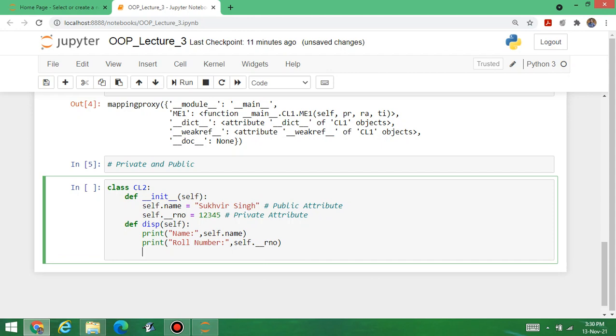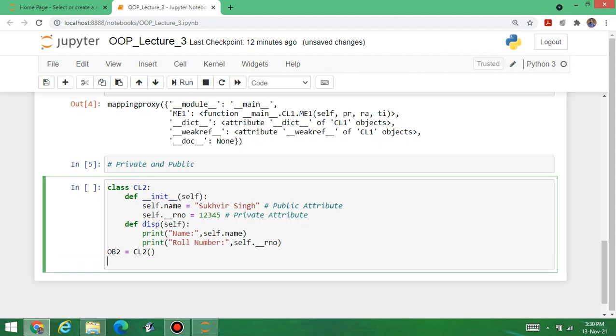Now creation of the object. OB2 is equal to CL2. Then accessing the public attribute. Suppose I have to access the public attribute. Write print, then name. Simply I have to write the object, then dot name.